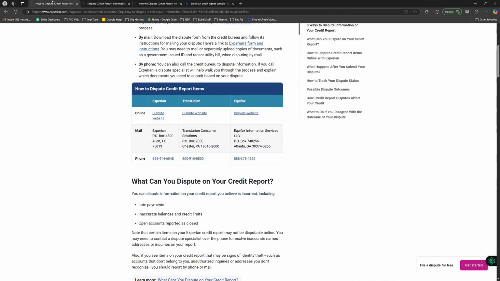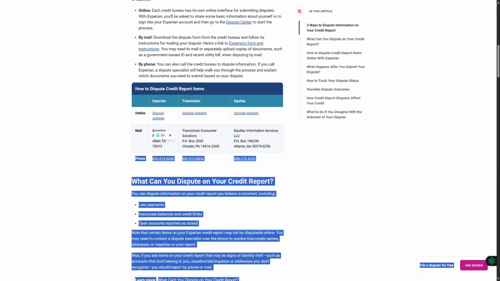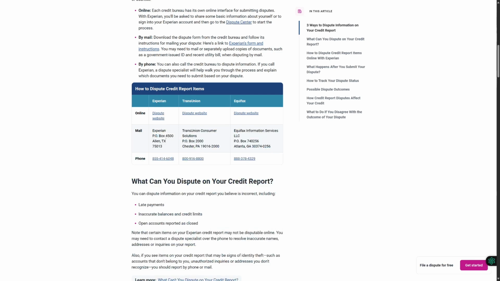So you have other mediums as well. You can simply do a PO box and mail them using this address. You can see we have all the information written in front of you. You can note it down if you want to. And if you have your phone,